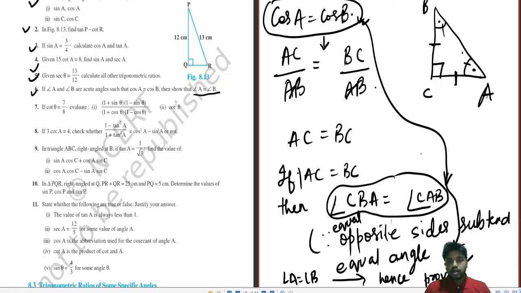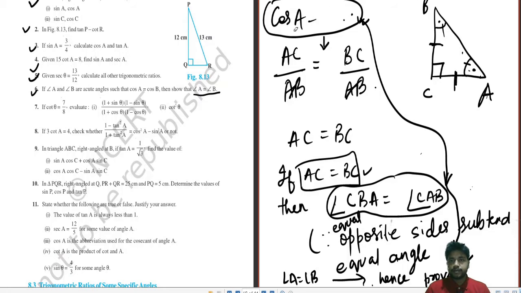Whenever you reach this position, obviously if you are good with your preliminary classes 7 and 8, that this and this side are the same, therefore this and this angle will be the same, this is a theorem. But if you reach here and still you can't proceed till here, that means you are lacking in your preliminary classes of 7 and 8. And if you are lacking in these, you can't cope with class 10. So make sure your basics are clear. You can't survive any class without your basics. So make sure to clear your basics rather than solving class 10. That will create an issue for you, not for me. Okay, so we'll move on to the next sum.